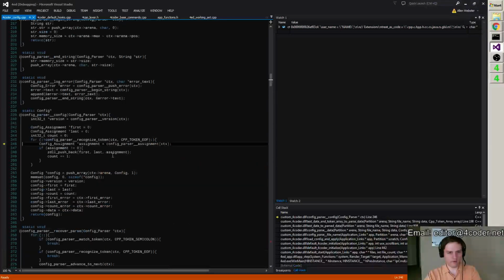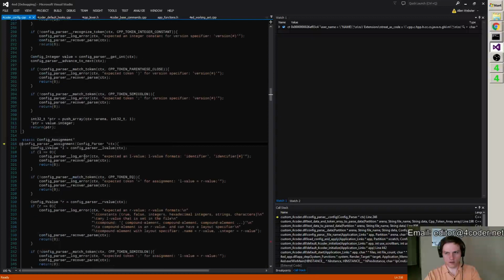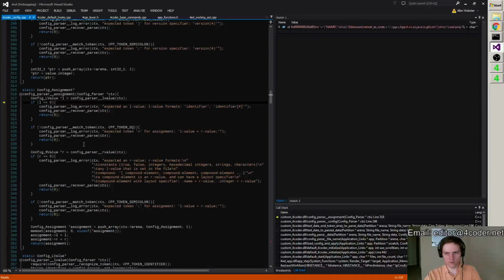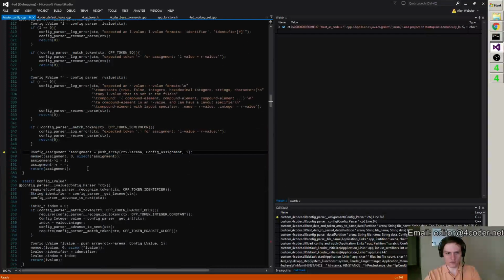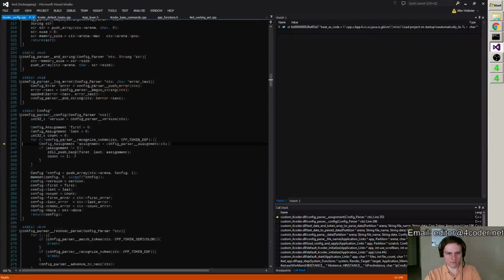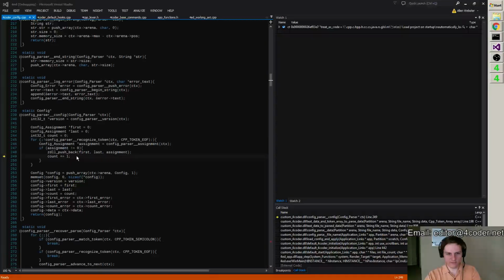It returns 0. Doesn't do anything with that, and then it comes in here, parses out the L, parses out the equals, parses out the R, parses out the semicolon, creates an assignment, and that assignment does in fact get pushed on, so that actually is not failing.